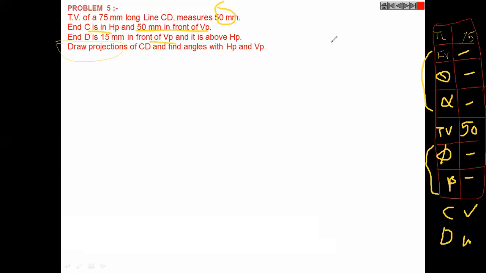So we need to solve. First of all, you write down this problem clearly, because this is there in your sheet. You need to draw this in your sheet and sketchbook. Right now you may draw it in sketchbook if feasible, but you write this down first. Then I will show you how to solve this.